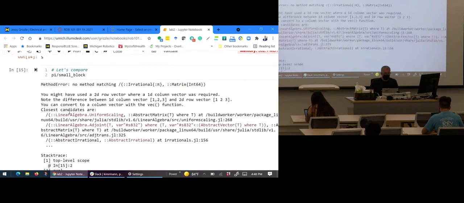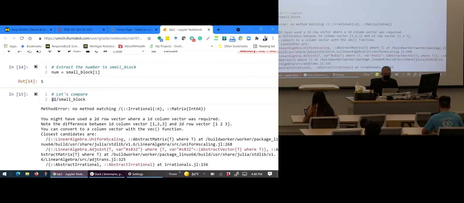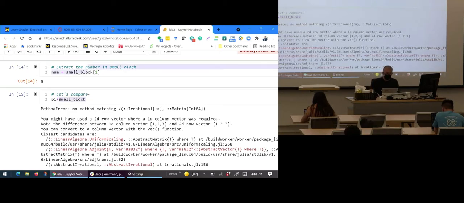So when you get this error, when you think you're dividing a number by a scalar, because hey, that's 1-by-1, that's a scalar, okay? So for us, that's a scalar. And it goes, no method matching divide, irrational number pi by the matrix 64. Matrix, it's 1-by-1, it's a scalar, please treat it like a scalar. And it doesn't, okay? Whereas here you extract,